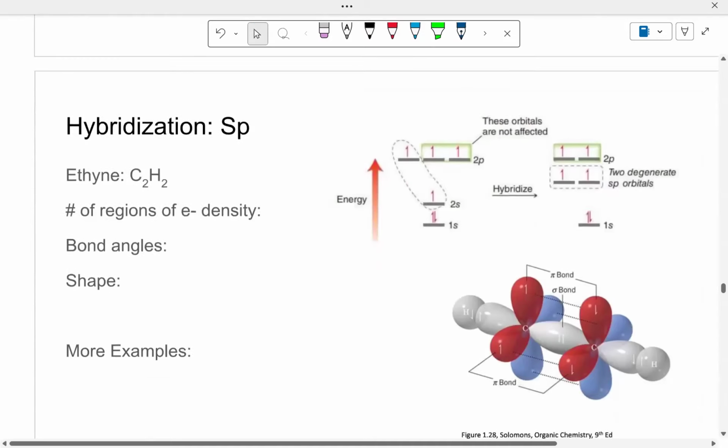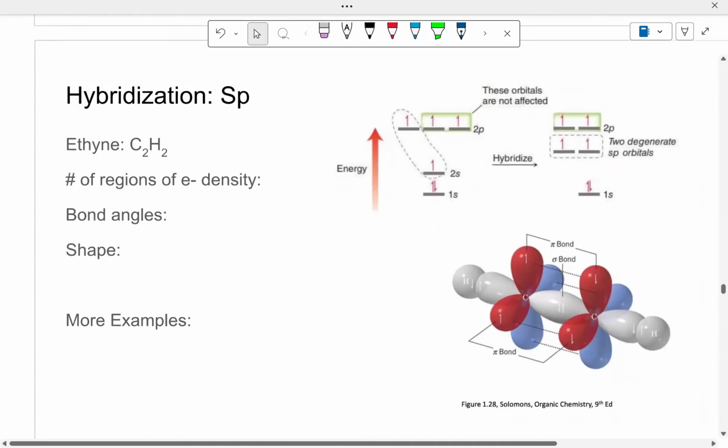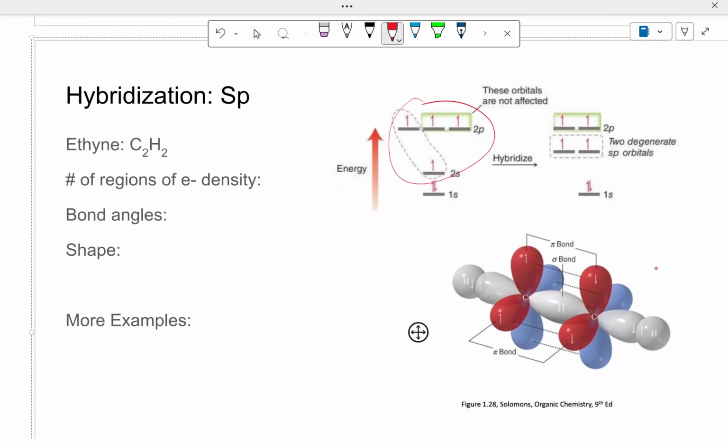Now, finally, let's talk about the last type of hybridization that you're going to need to worry about, and that is sp. We're not going into all the other weird ones that you talked about in general chemistry. We're just focusing on sp3, sp2, and sp. So the way an sp orbital is formed is, again, we're taking our valence shell. We're going to put it in a hybrid blender. It doesn't blend for very long because we only get 2 degenerate sp orbitals out of it, and